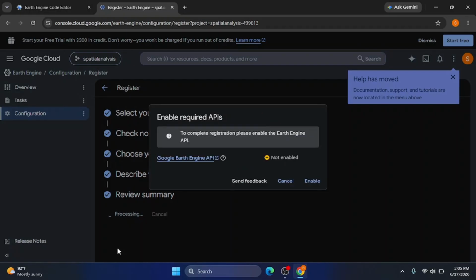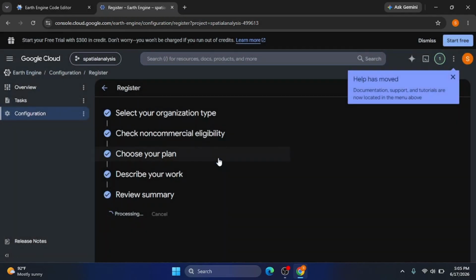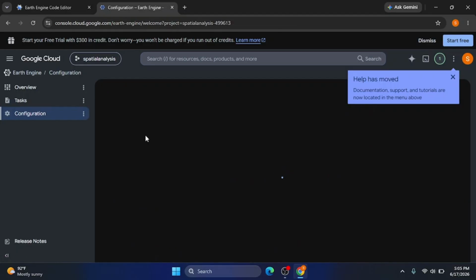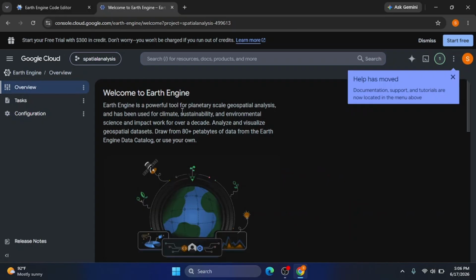This shows the options you have selected before, and then you need to click on register. In a few minutes you need to click on enable API, and then the Google Earth Engine API against your account will be enabled. So now you have created your account, and from now you are able to use Google Earth Engine for your non-commercial